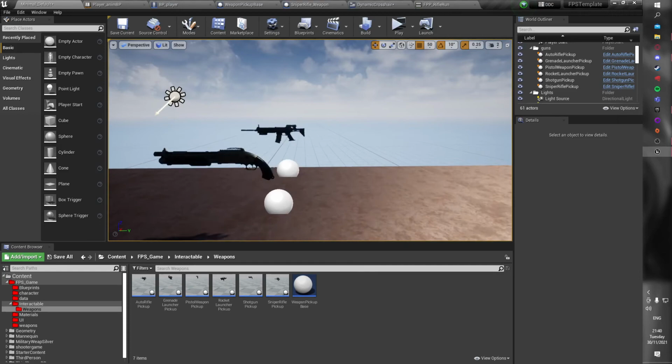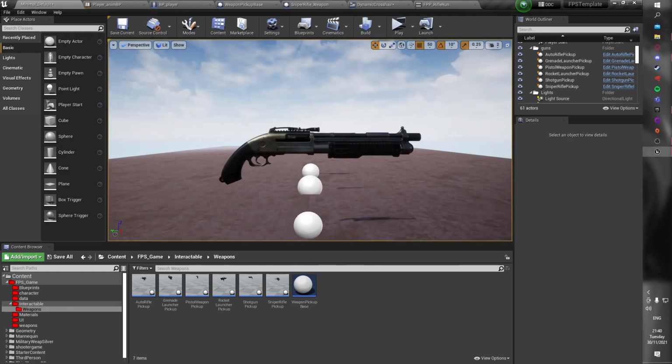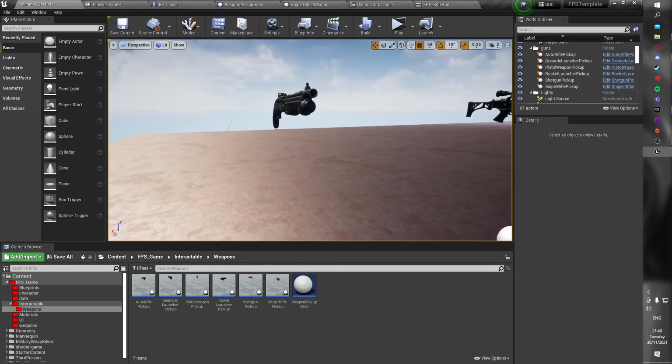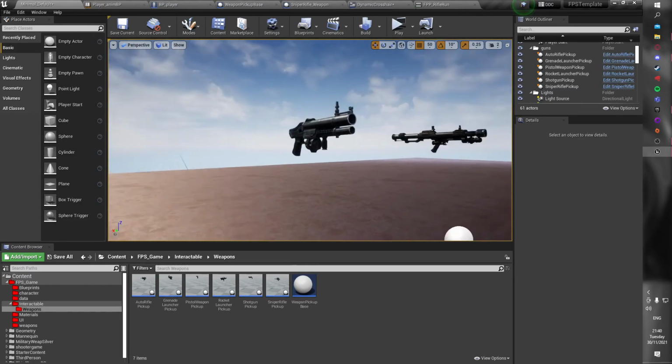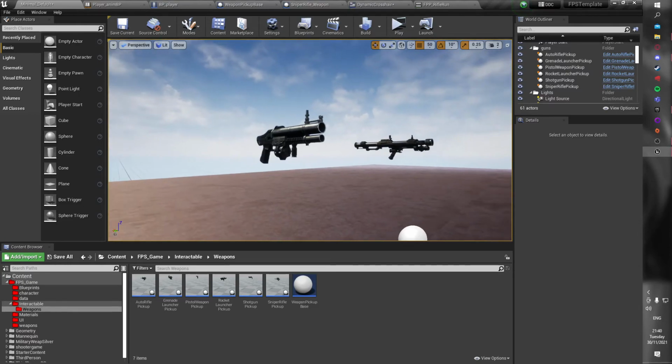which will be hit scans for the pistol, assault rifle, and the sniper rifle. I think the shotgun will also have a hit scan, but it's going to be slightly different. And then the rocket launcher and grenade launcher will be projectile based. After I've done that,